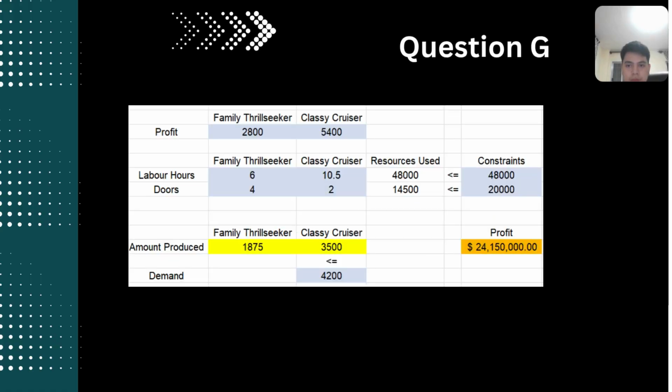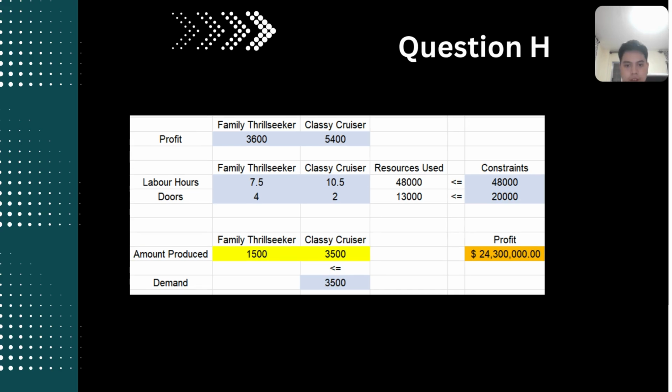In question G, the profit for the Family Thrill Seekers has been reduced from 3,600 to 2,800, which results in the amount produced of Family Thrill Seekers now being 1,875, and the Classic Cruisers at 3,500. In question H, the labor hours for Family Thrill Seekers have been increased from 6 to 7.5. The end result is that the amount of Family Thrill Seekers produced will be 1,500, while the Cruisers are 3,500, resulting in a profit of